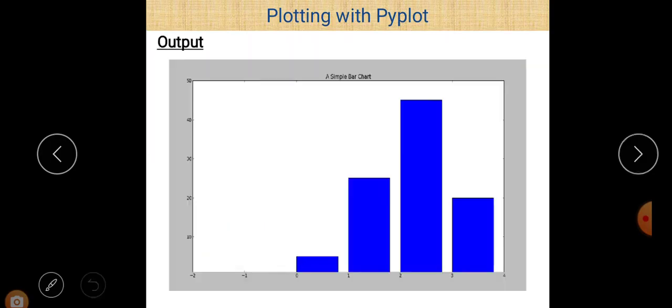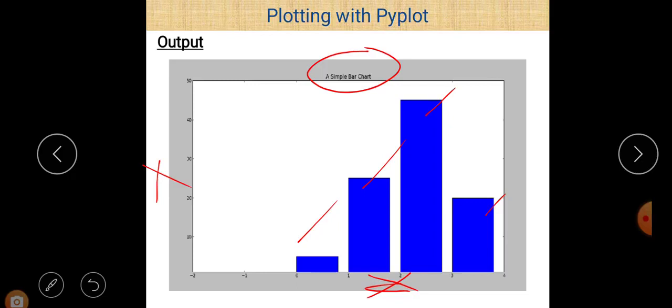After the execution of that statement, you can easily see the output here. By default blue color is there, no color is defined, so blue color is there. First of all, we don't give any name for the x-axis and y-axis, so you can easily see that no x-axis and y-axis name is given here, and we just give a title name here. So these are optional parameters, so if we don't give them, then default values are considered.